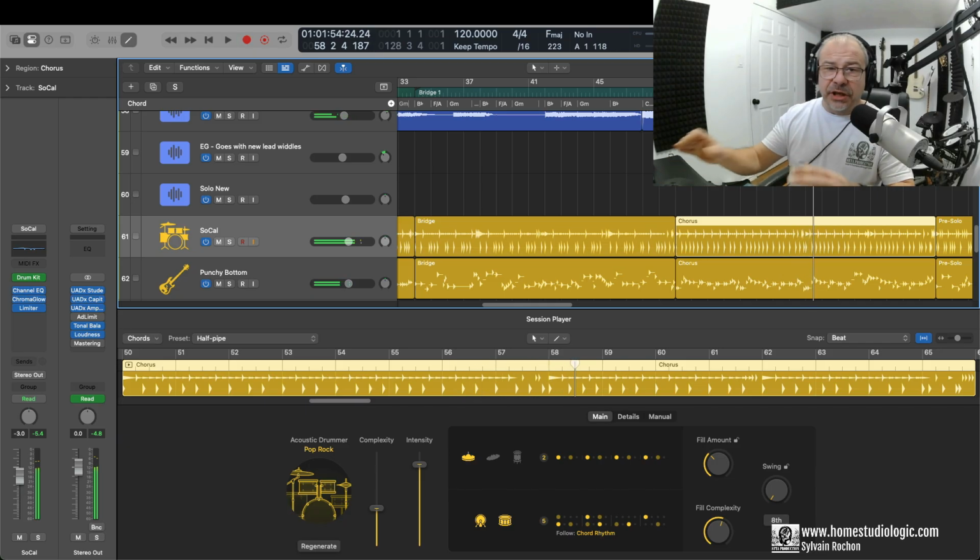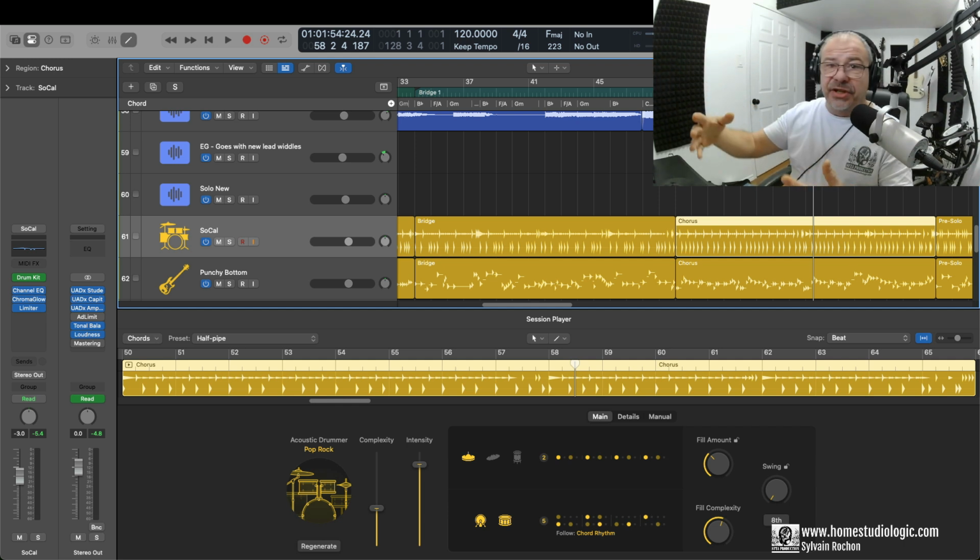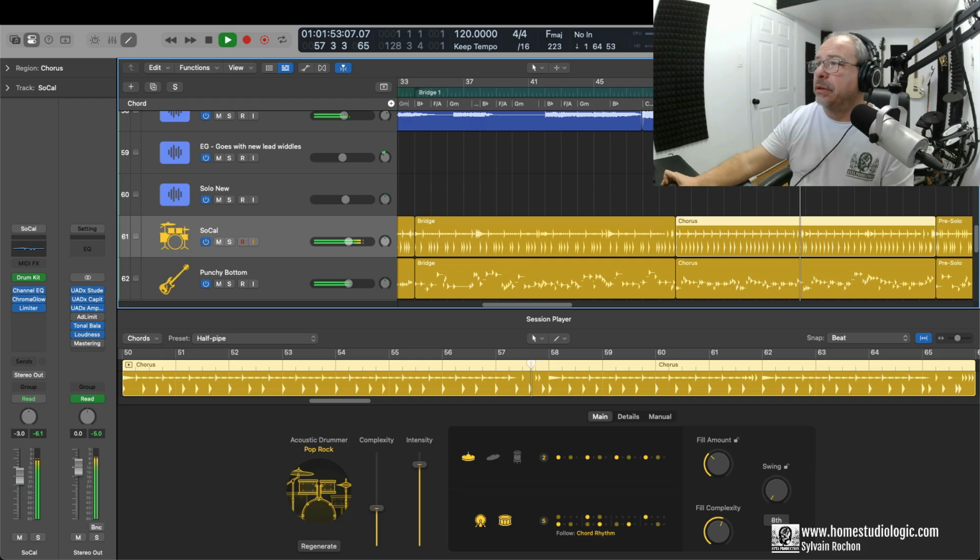You notice that it actually created that little drum fill before it went into the second portion of the chorus, which is nice. But let's say you want maybe something more. So you can go to that portion. Let's find out where it is. Right there. So let's say you want something different. Okay, so let's cut this in half